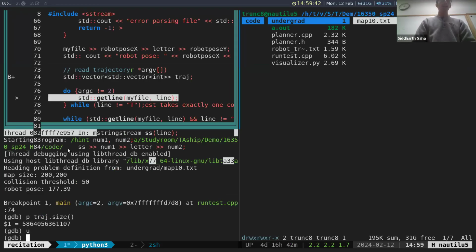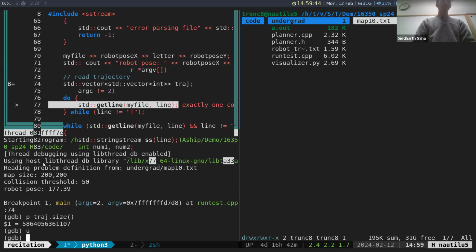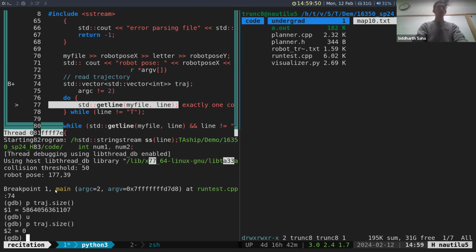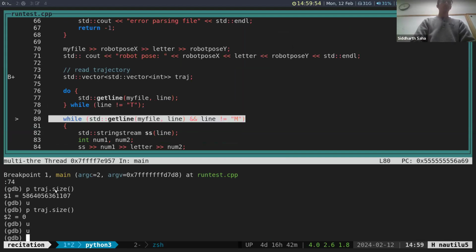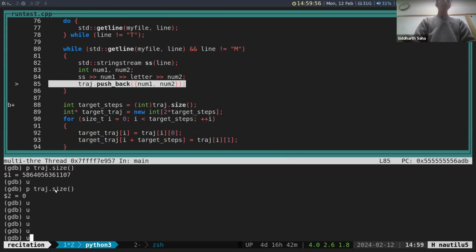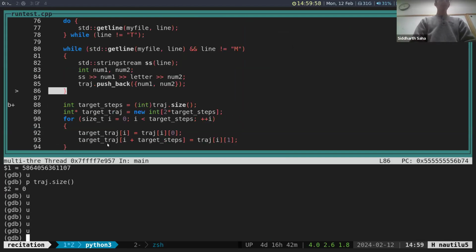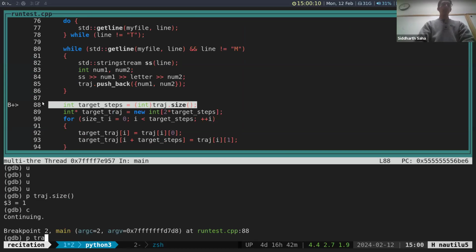If I step through one line of code and I print the size again, print trajectory.size, this makes sense. If I go through a few lines of code until it pushes a trajectory point, it has updated. And if I continue until the breakpoint on line 88 and I check it again,